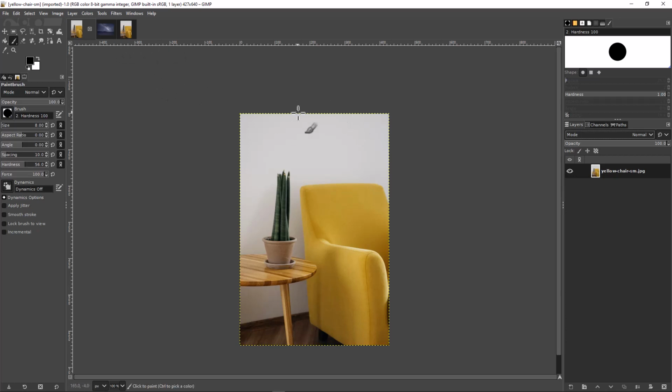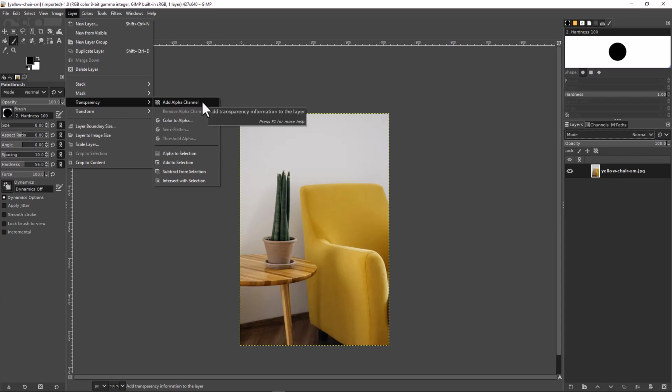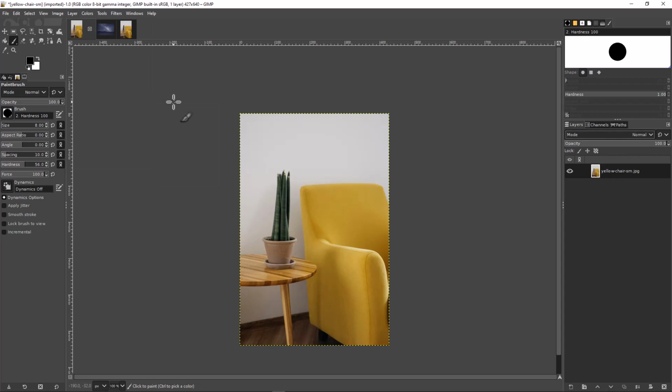So we're going to make sure that this image has an alpha channel. We go up here to Layer, and down and point to Transparency. If Add Alpha Channel is enabled, it means your image does not have an alpha channel now, but you can add one simply by clicking Add Alpha Channel, and now it has one. You can't see any difference on the image because it's fully opaque, but we need that alpha channel so that we can change some of these pixels in the image to be transparent,